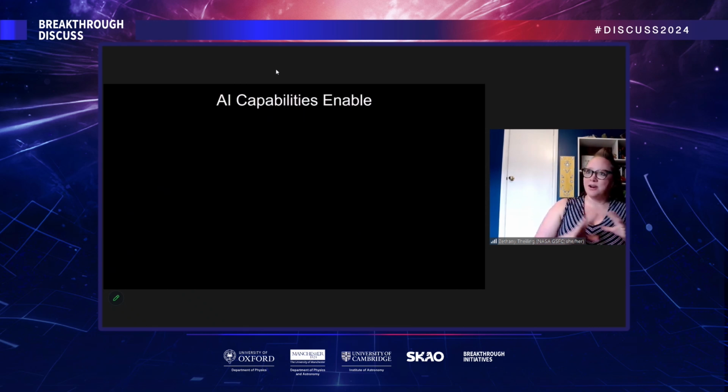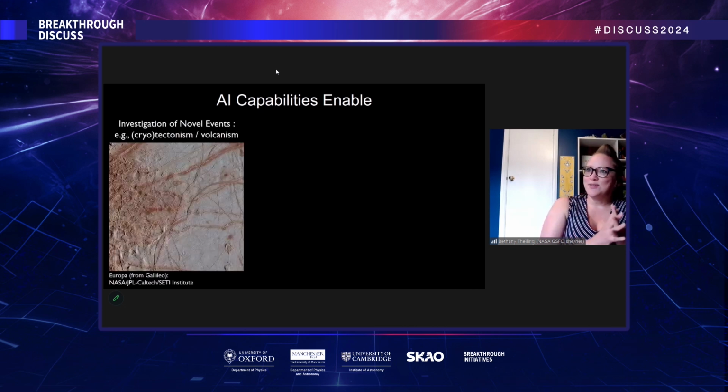I'm going to focus on the icy ocean worlds and biosignatures here. So I want to give you this view, and maybe some of you have seen these pictures of the surface of Europa. Maybe you haven't. Maybe this is the first time you've ever seen this. But one of the things I think about, and hopefully you can see my cursor, are these bands here, these cracks in the surface, and this section over here is called chaos terrain.